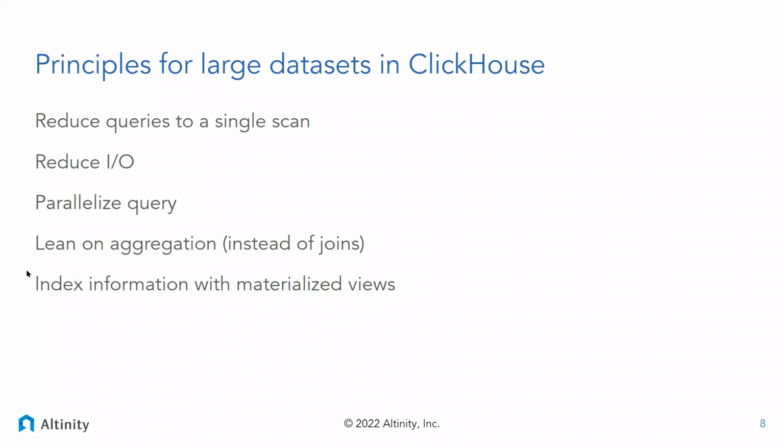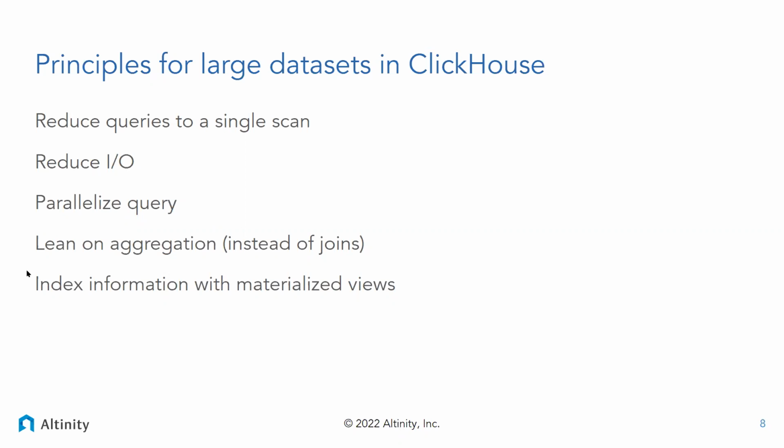And so if you're just jamming through some amount of data, no matter how much it is, your response time is going to tend to be pretty predictable. It's just a factor of how much data you're scanning. Then another basic principle is to make that data as small as possible so you reduce I/O. Third thing you can do is parallelize the query. Once we've got it as small as possible and we've got basically a linear process, we can now parallelize it, and ClickHouse is very good at this.